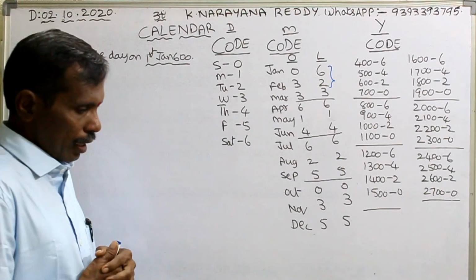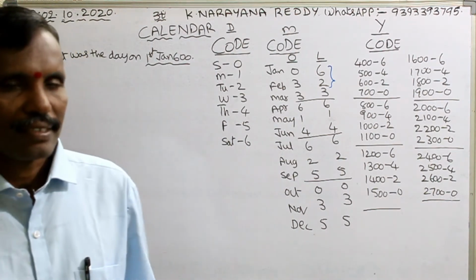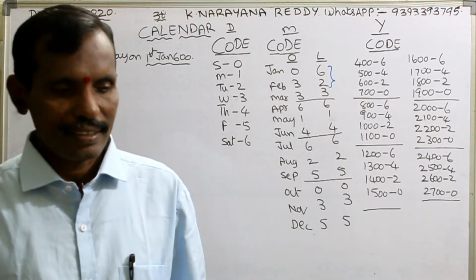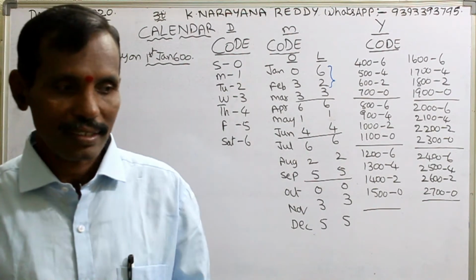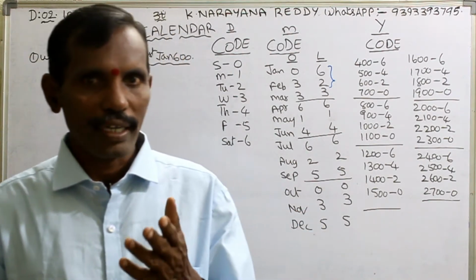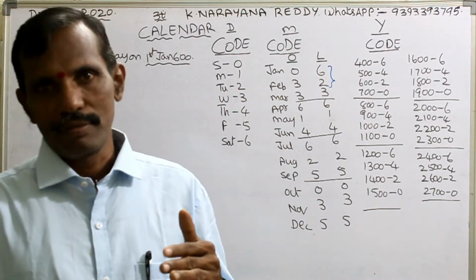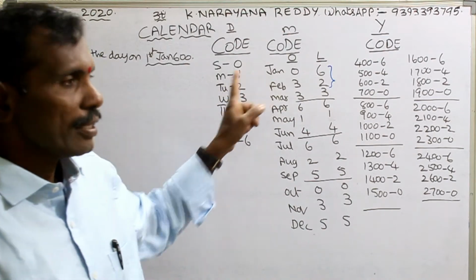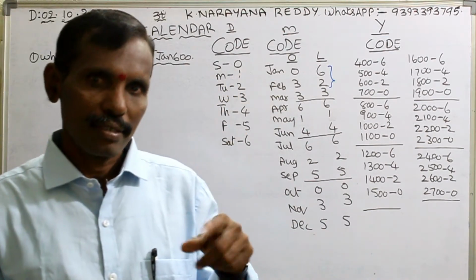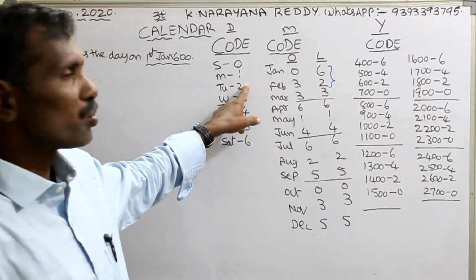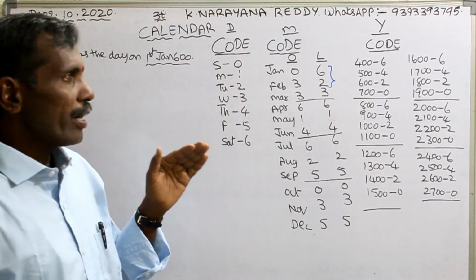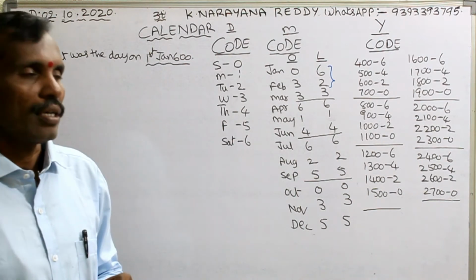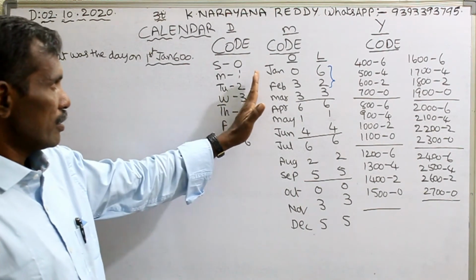Generally, what is an odd day? For example, 6. We didn't convert it into weeks. Why? Because a week contains 7 days. That is why those 6 are odd days. But 7 by 7, 0 remainder, 0 odd days, that is Sunday. 8 by 7, 1 remainder, that is Monday. In the same manner, 9 by 7 means 2 is the remainder, that is Tuesday. In this way, regarding odd days, we can identify the days. That is an important point which you have to observe. That belongs to days.